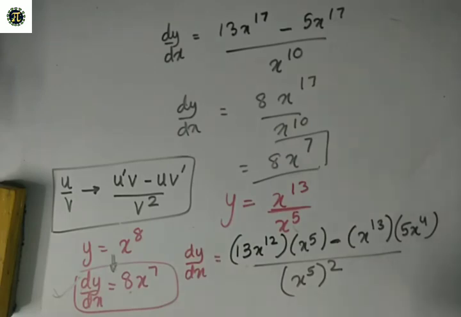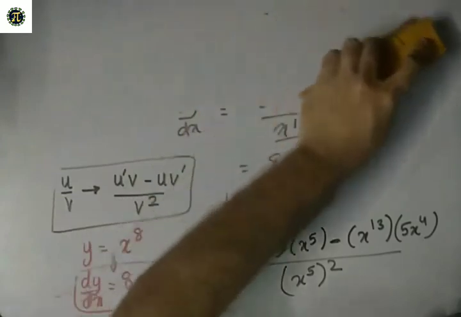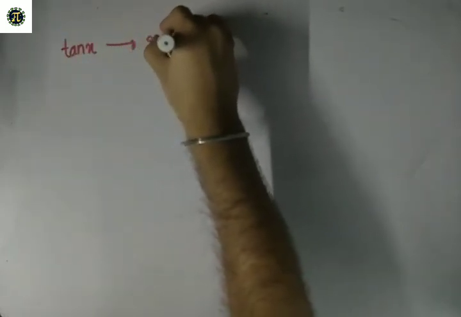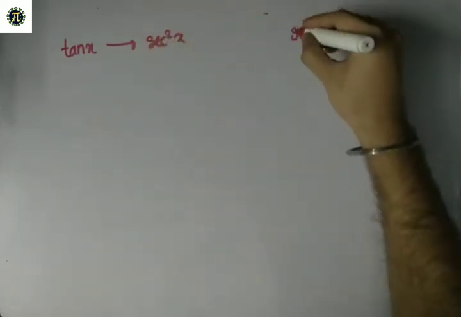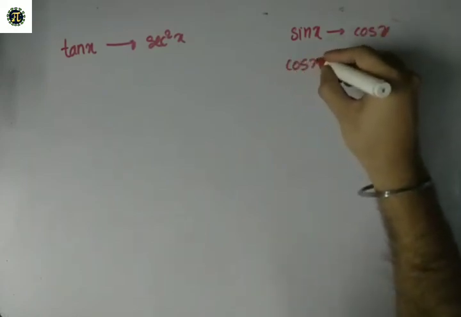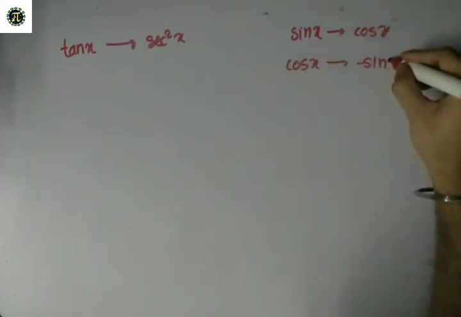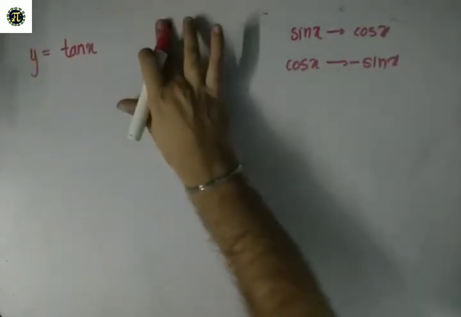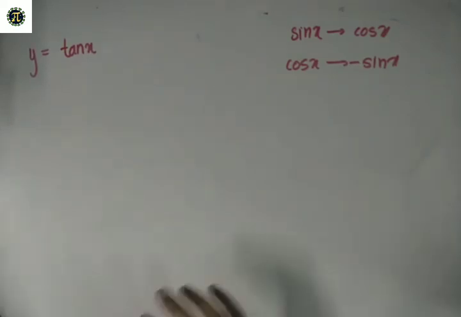So in the last lecture I said we will derive certain formulas, like some trigonometric formulas, that can actually be derived by the quotient rule. For example, tan x's derivative, I just said in the last lecture, is secant square x, but we will be using two assumptions right now: that sin x's derivative, everyone knows, is cos x, and everyone knows cos x's derivative is minus sin x. And we want to differentiate now y is equal to tan x, right? And we want to find the answer to be secant square x. And how can we do that?